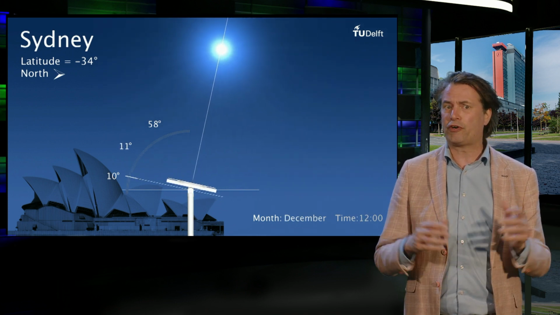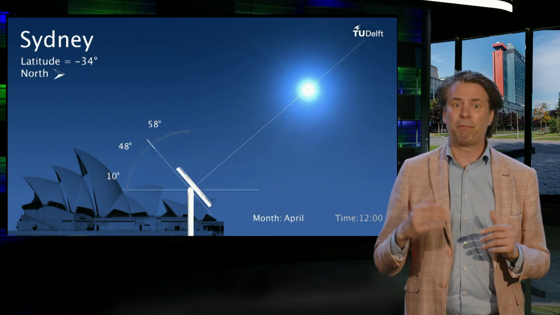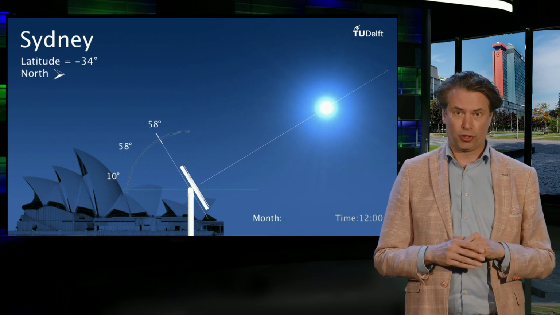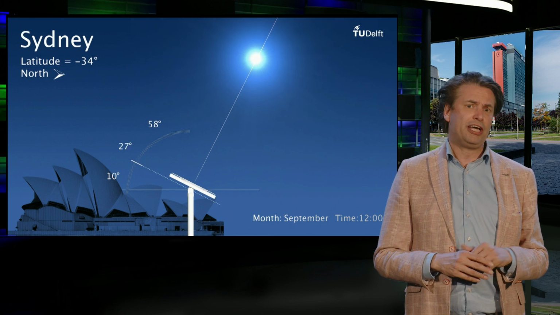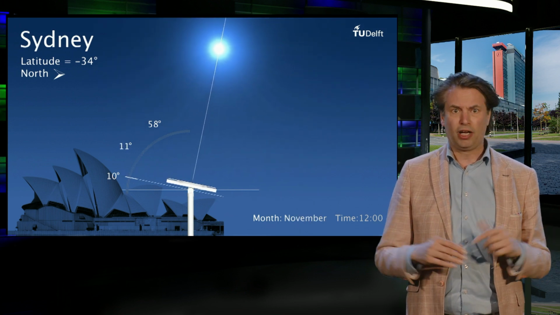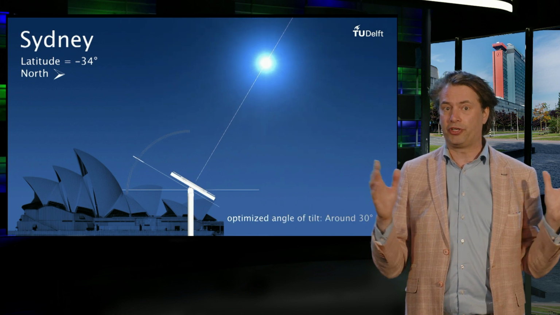Sydney has a latitude of around 34 degrees south. Note that being in the southern hemisphere, the panel is oriented towards the north. We see that the range of tilts experienced by the PV panel is from 10 to 58 degrees. The optimized angle of tilt of a fixed PV panel in such a case would be around 30 degrees facing